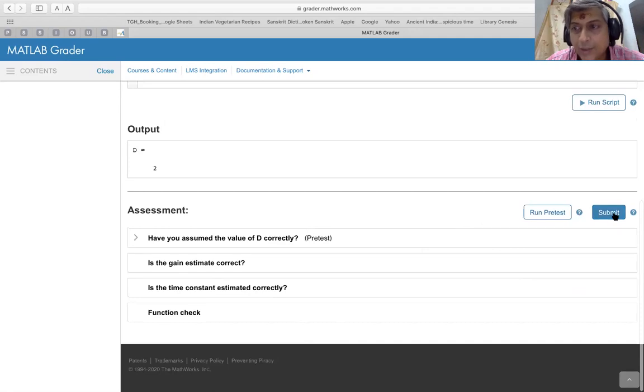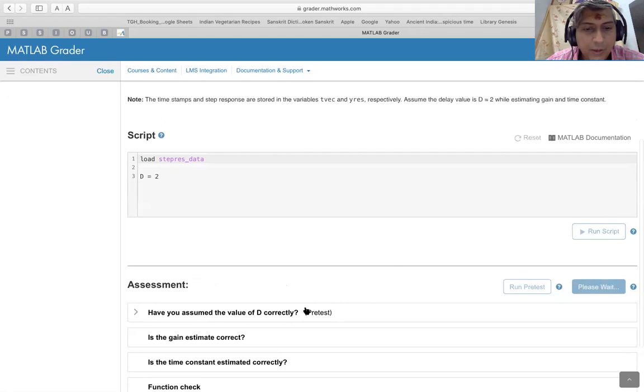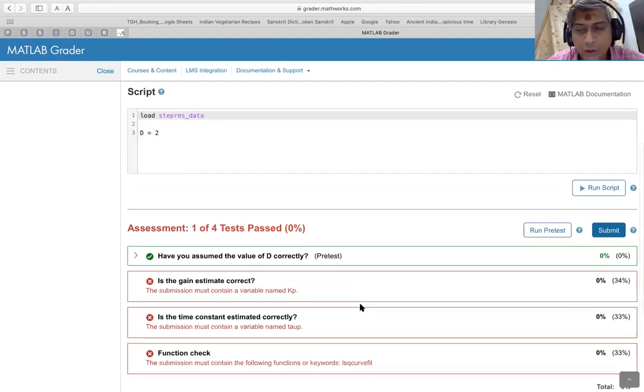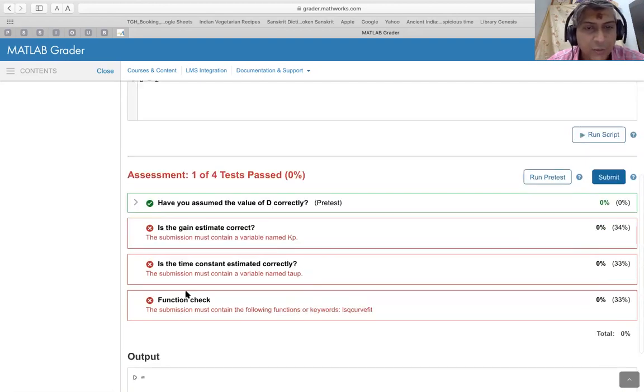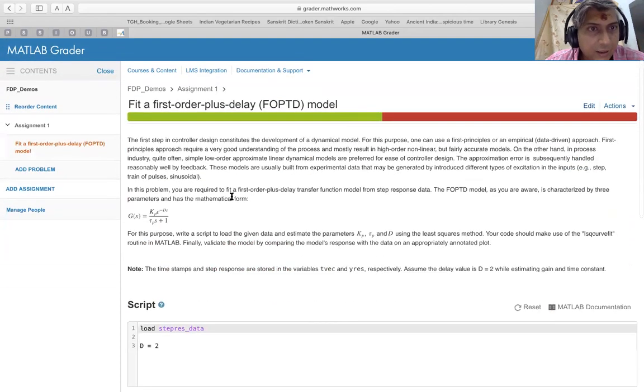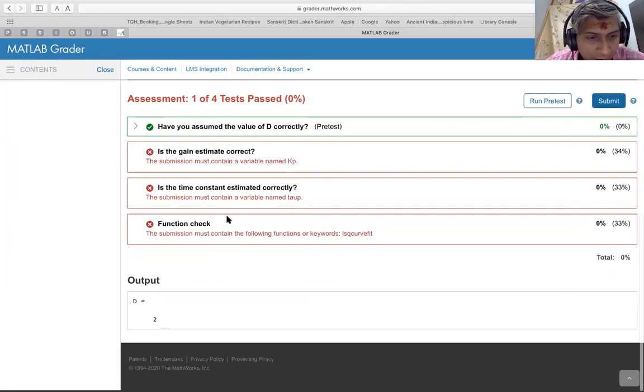And now I can submit this. Now, when I submit this, what happens is, obviously, I have not written anything to estimate Kp and tau p. Therefore, I will not get any marks on these three assessments, but I have passed the pretest correctly. So hopefully you got the gist of it, right? Now let's go back to the instructor's mode, right? This is what is a learner's preview.